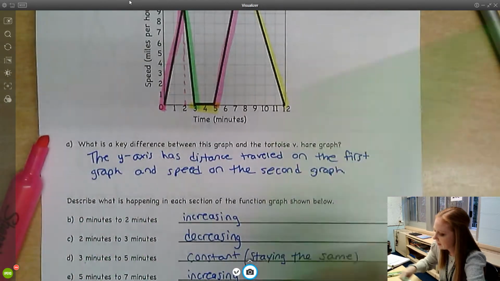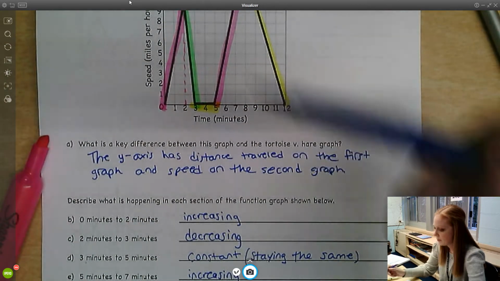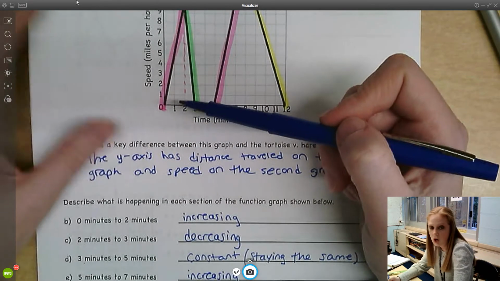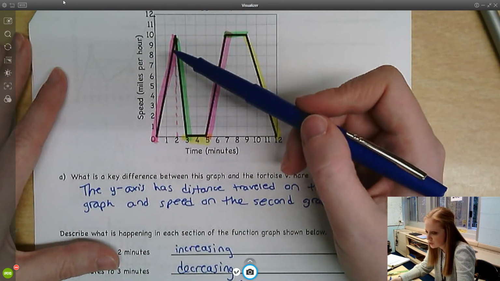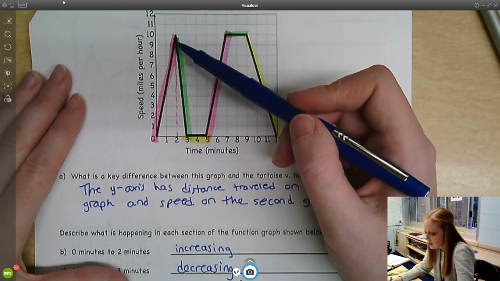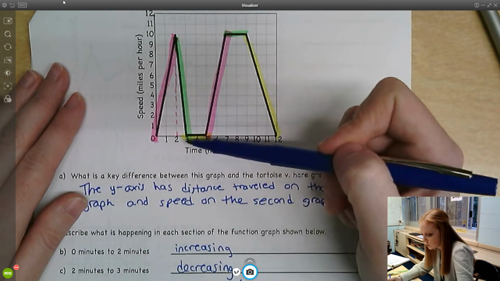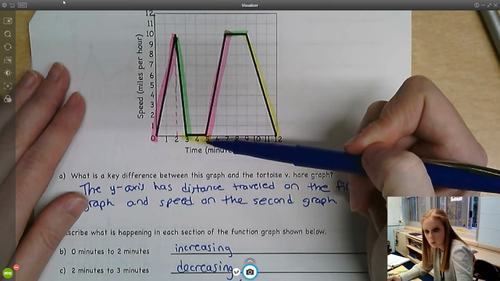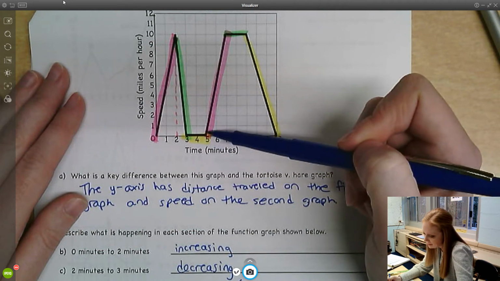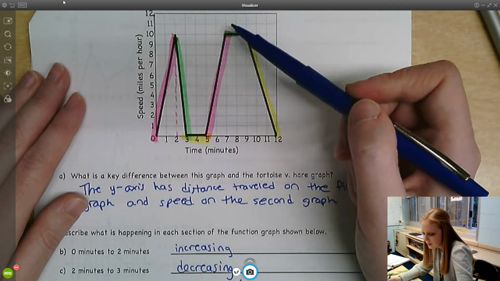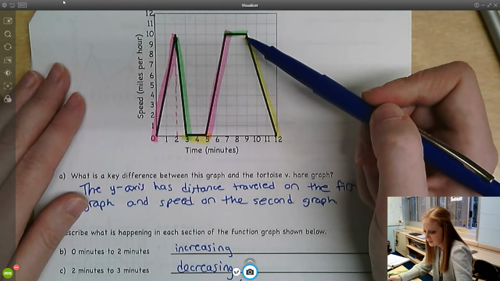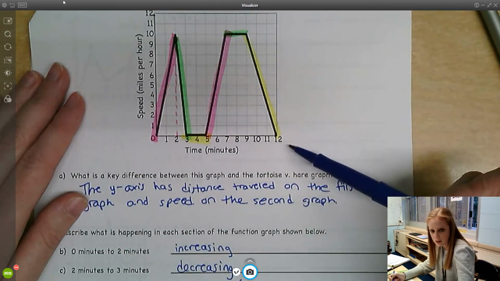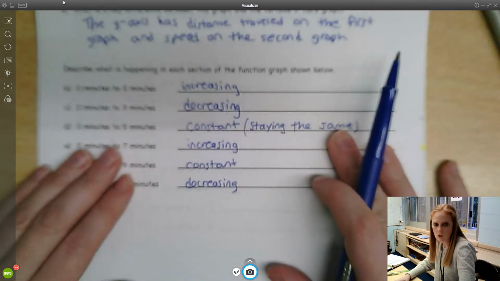Right, and we talked about in class some reasons for why you might have these constants. So think the jogger is picking up, speeding up, right? And then during those first 2 minutes, he's getting faster and faster. Then he slows down and comes to a complete stop for 2 minutes, maybe to take a water break or to stretch. Then picks up again, and goes 10 miles per hour. Then stays at 10 miles per hour for 2 minutes, and then slows down and comes to a stop of 0 miles per hour again. All right.